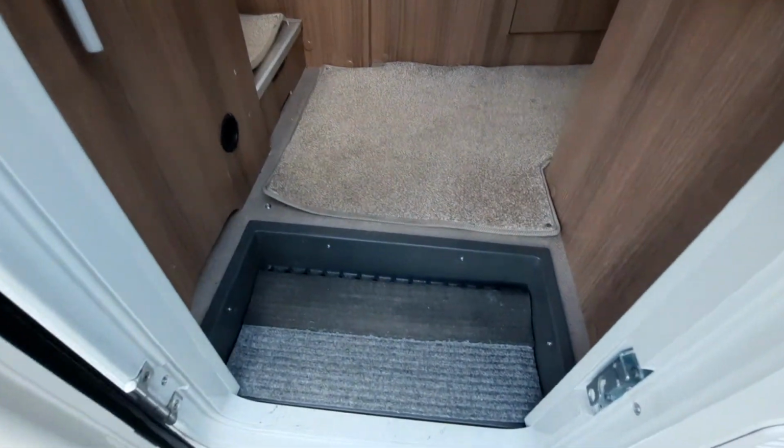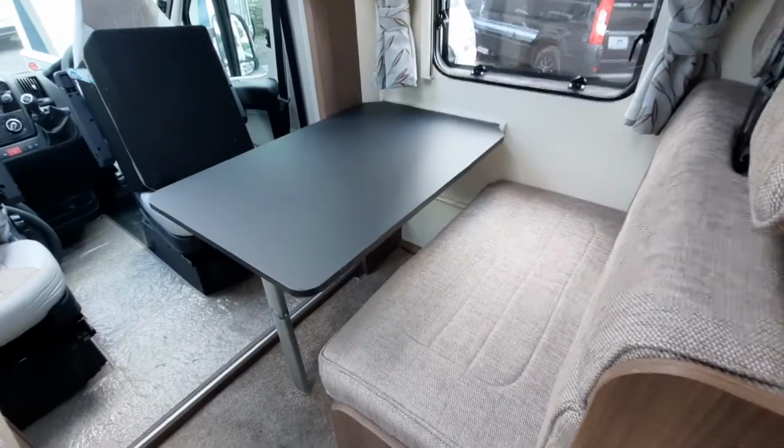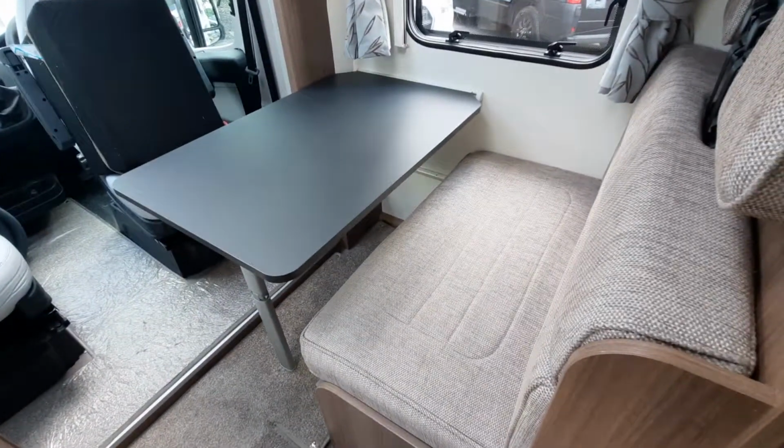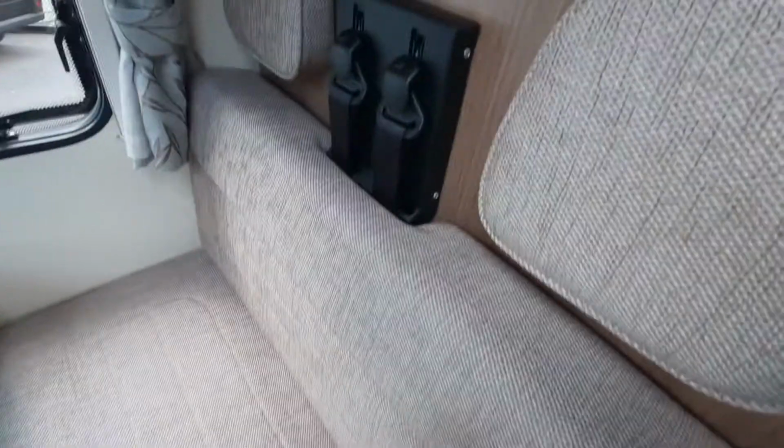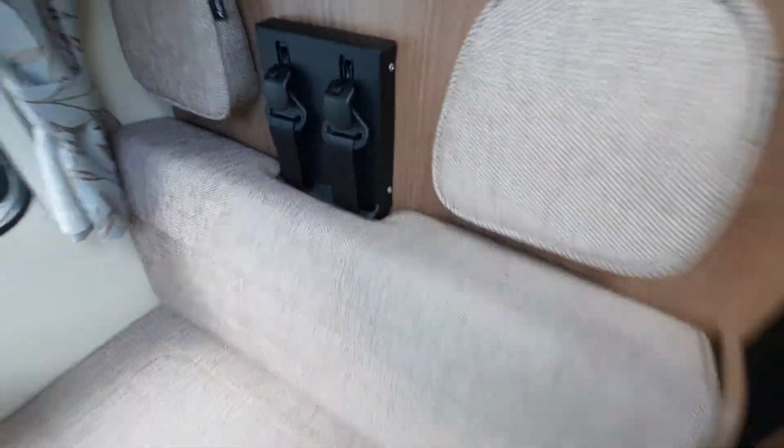So inside we've got the step, and then we've got the blower for the heating. Set up in the front area, you've got your table. This will be lowered to make the bed in the front area as well. And we've got 2 travelling passenger seat belts, which are located just here behind the seats for your passengers